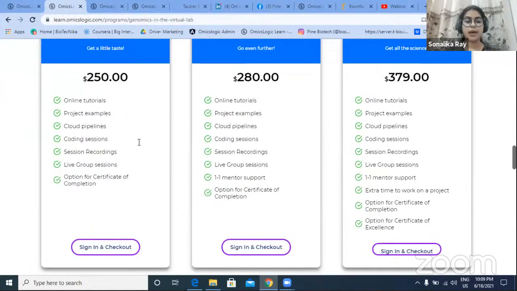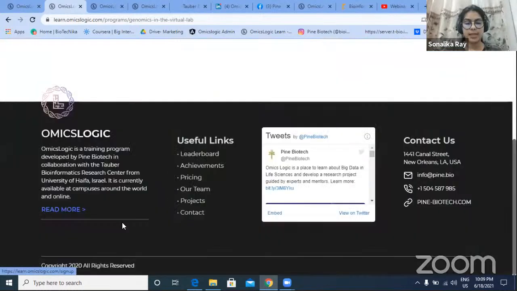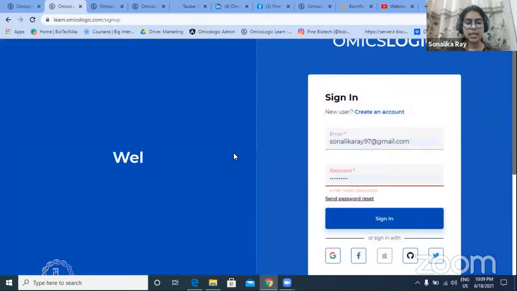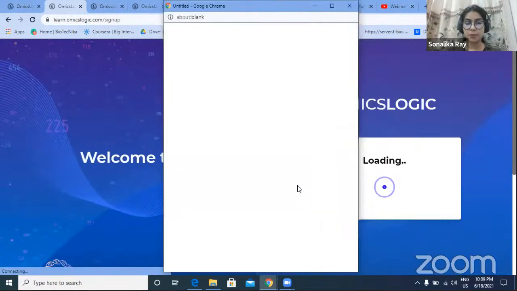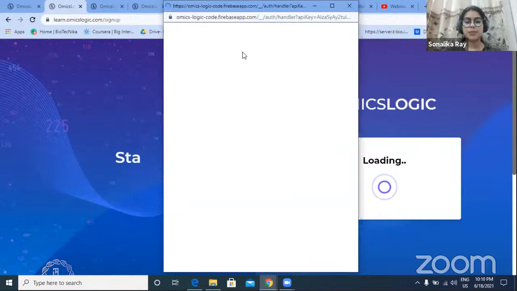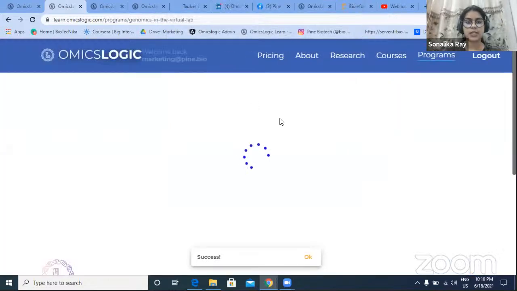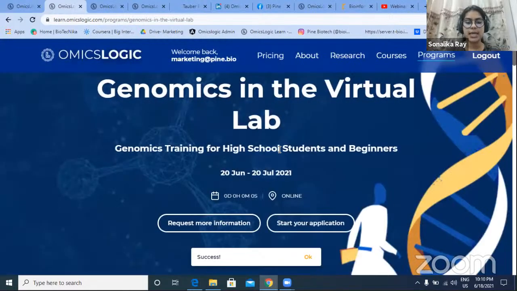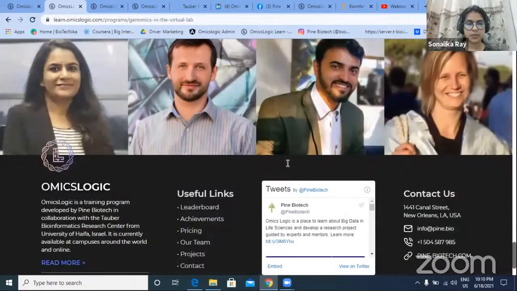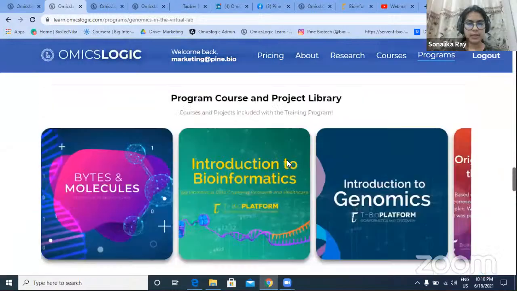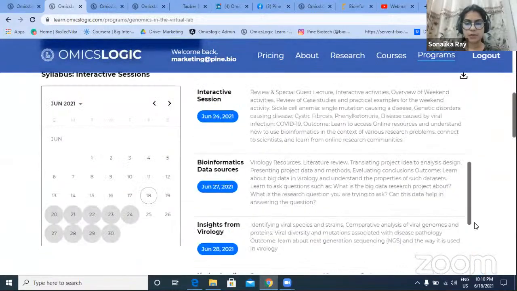To talk about further details, let's say any one of you chooses the intermediate level. You just need to sign in and then check out. The moment you check out, you would be directed towards the payment page, and there you need to add the coupon code that was shared with all of you over the mail IDs. If you didn't get one, let me know and I will share it with you once again. I hope your doubt is cleared, Anik.